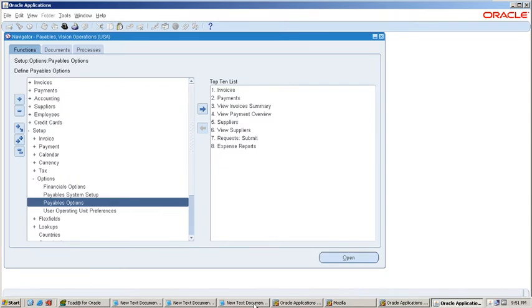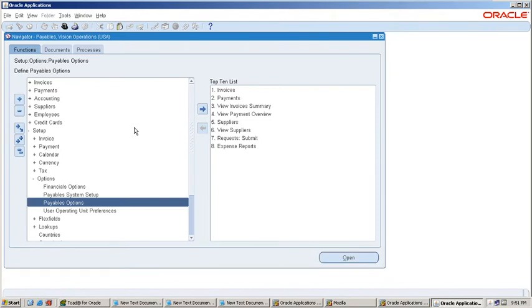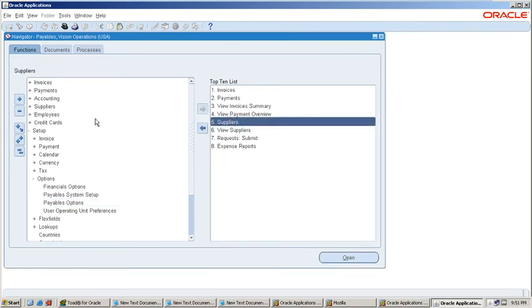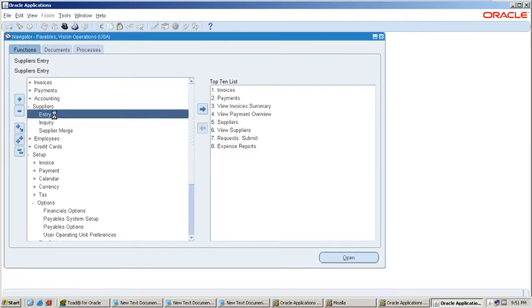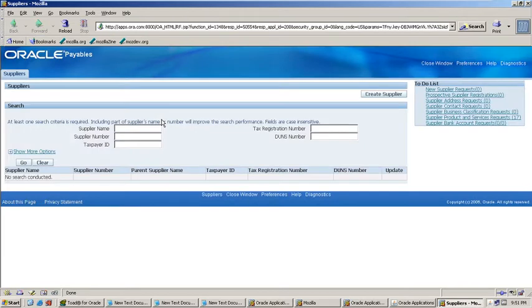Next prerequisite step is to define the tax authority supplier. I already have set up a tax authority supplier, 101.